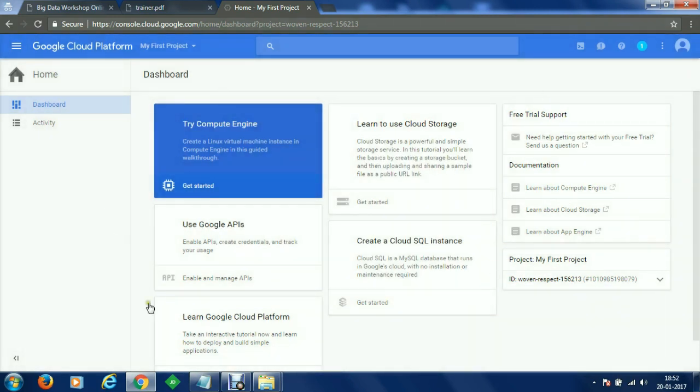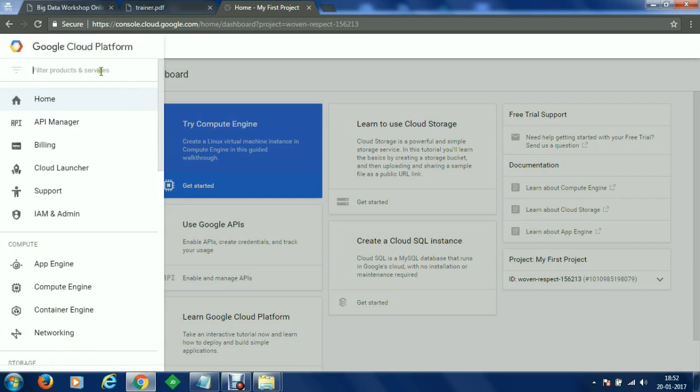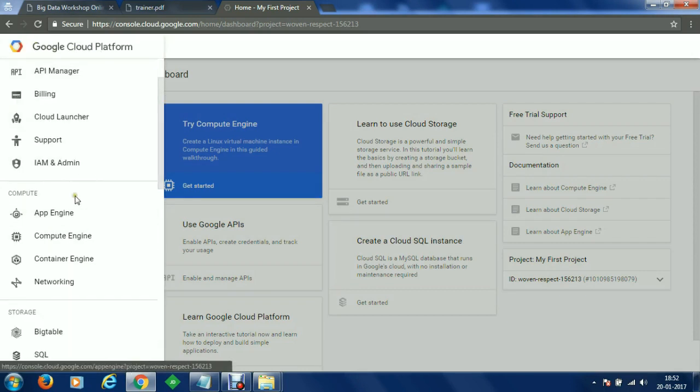I got it and I would like to quickly get started with my Google Cloud. This is a very beautiful interface provided by Google Cloud Platform, wherein at the top left section you can get started with all the products and services. You can scroll down and here in the compute section we can create our virtual machine instances using Compute Engine.